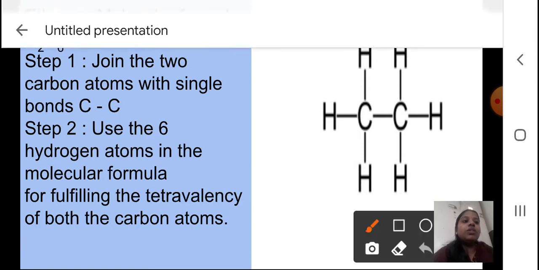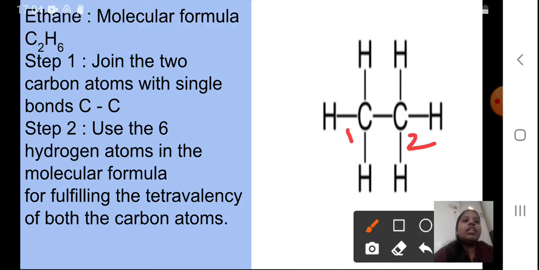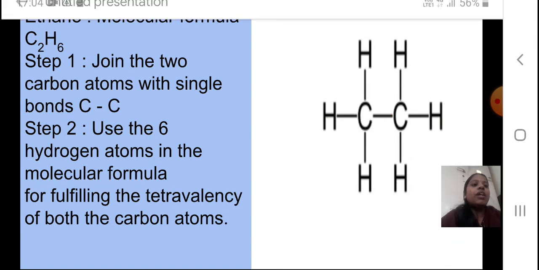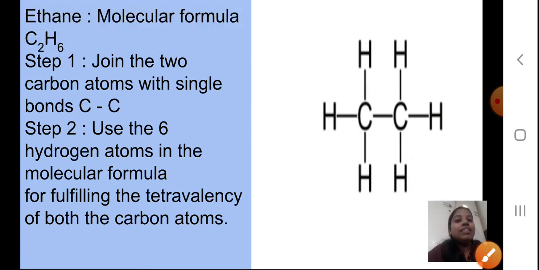If you see here, this is your first carbon, this is your second carbon, and I have put up hydrogens to satisfy the tetravalency. You know the valency of carbon is 4, so to fulfill that tetravalency I need that many hydrogen atoms. See this first carbon: 1, 2 and 3 hydrogens and 1 bonding with the other carbon, so the valency is complete. The second carbon has 1 bonding with the first carbon and again 3 hydrogens. This part you studied the last time also. This is our ethane.